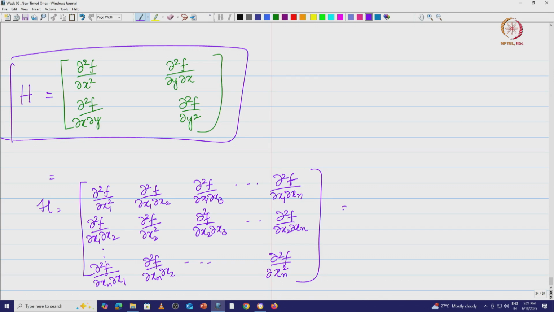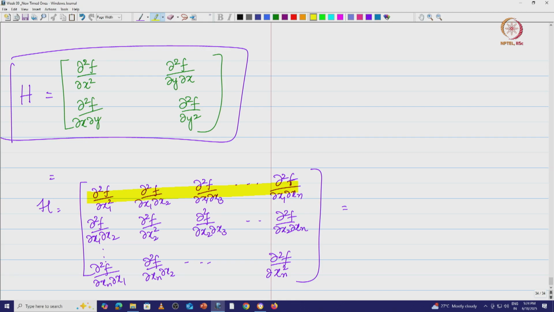And what is that equal to? That is very interesting. Do we see anything interesting here at all? Of course, we do see. What is that? First of all, let us just highlight this first row and then see. The first row was basically ∂f/∂x1, ∂f/∂x2, ∂f/∂x3, ∂f/∂xn, etc. And then you did ∂/∂x of ∂f/∂x1, ∂f/∂x2, ∂f/∂x3, ∂f/∂xn, and so on, right, with respect to the first one, the gradient with respect to the first one.